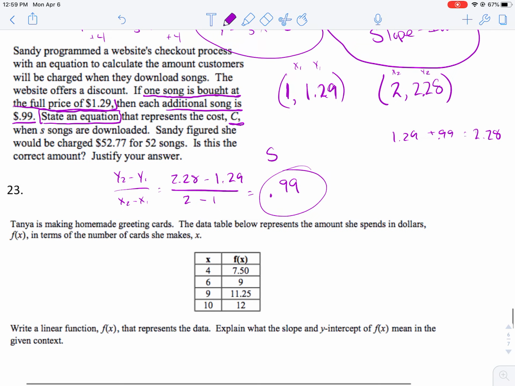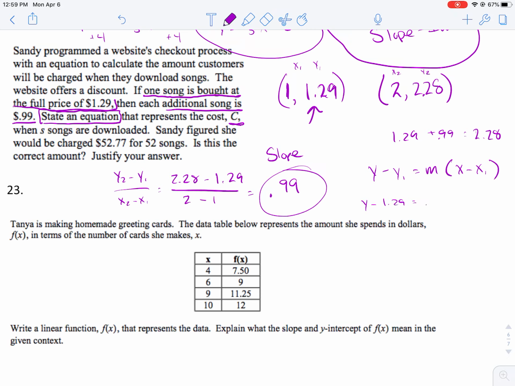And what do you think we should get here? How much is it increasing each time? How much did it just go up? Should be 99 cents. So here is our slope, right? For each additional song, it's 99 cents. Okay? And so now we have our slope. We just need to plug it into